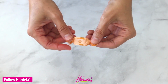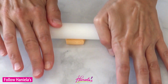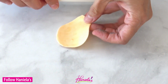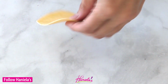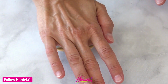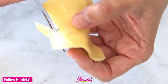Now another thing we need is cheese. To make the cheese, you can use soft fruit candies like Starburst, and microwave it for about 3-5 seconds to make it a bit more pliable, and then roll it out to a square. And then you can use scissors and trim the edges. I'm also going to use a cutter to give me the outline, and then with scissors I'm gonna trim the edge so it's clean and straight,